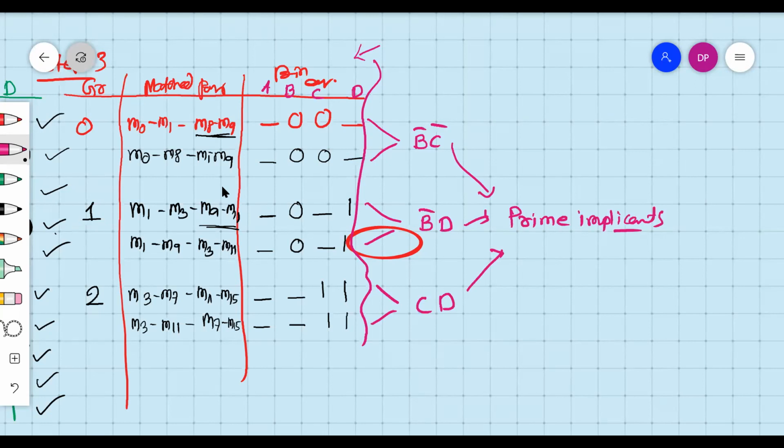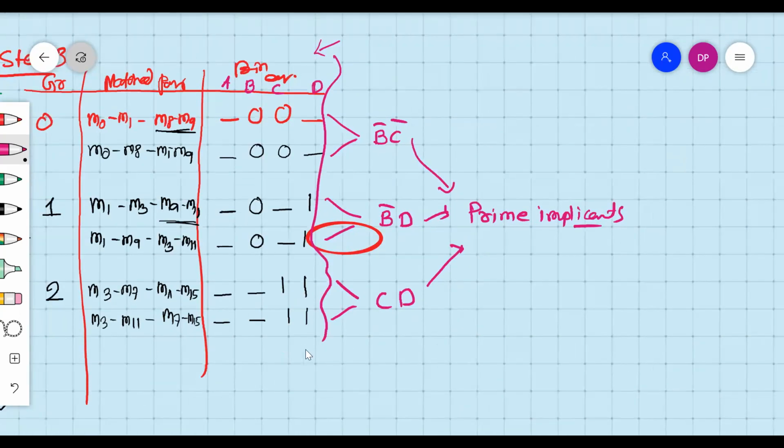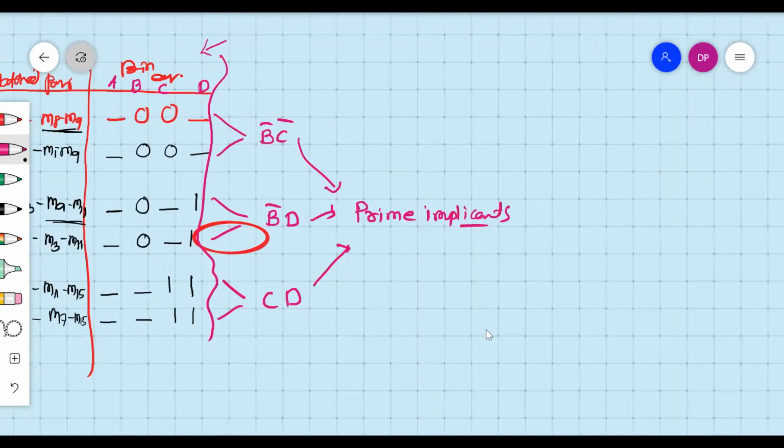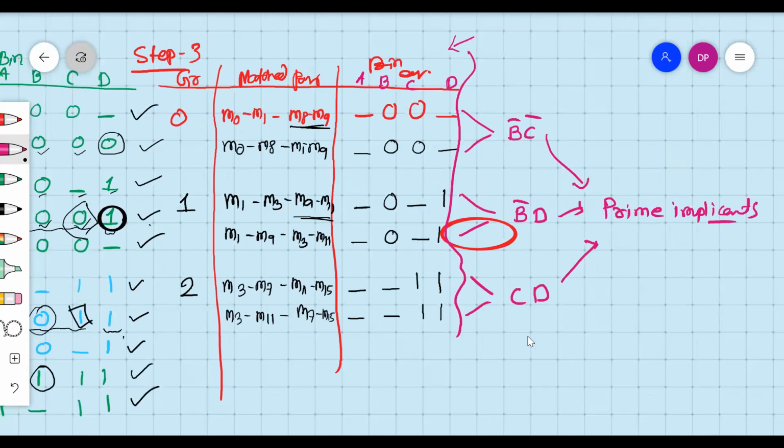Okay, so then what we have to do after making prime implicants? Okay, we have one more table. At this point we have to check these prime implicants. So these are the unique values we have taken, where there is no similarity. Okay, so these two differ by more than one number of bits.